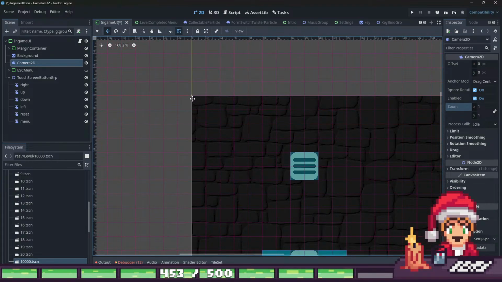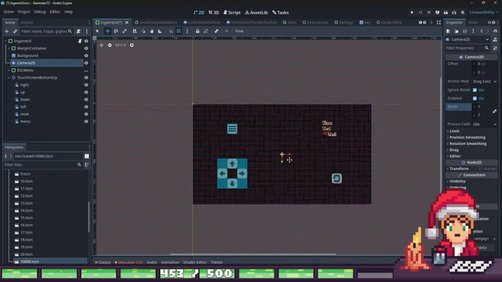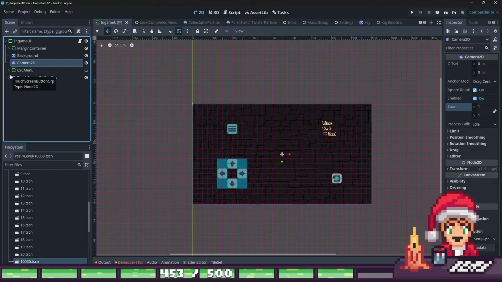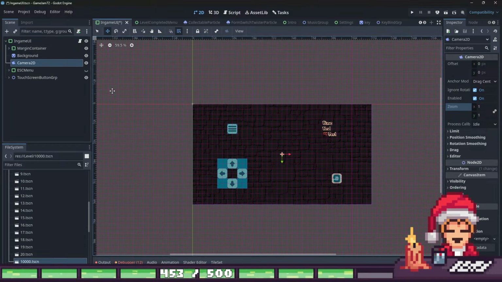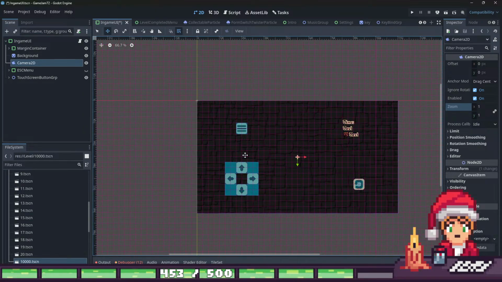But I think the problem is when we don't zoom, then everything will be very small. But it's fine. We will fix it in another way. The only important things